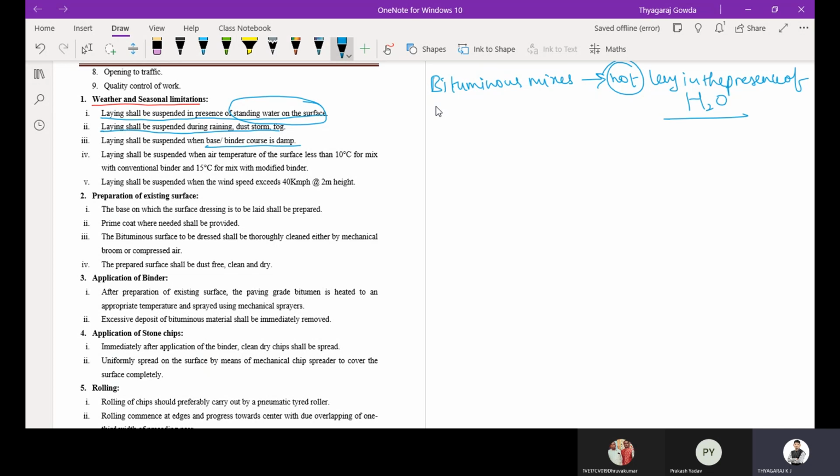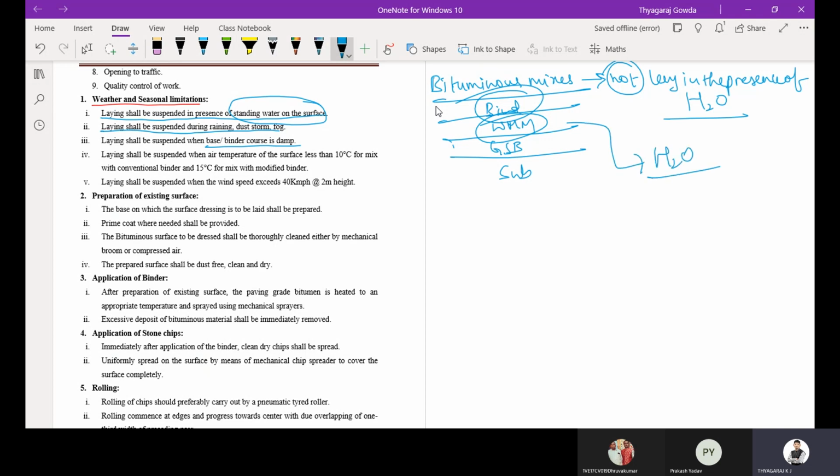As we know, we have the subgrade, GSB, WMM, then binder course. Damp means presence of water in the existing layer. If there is any water in the existing layer, then we also stop laying the bituminous mixes.